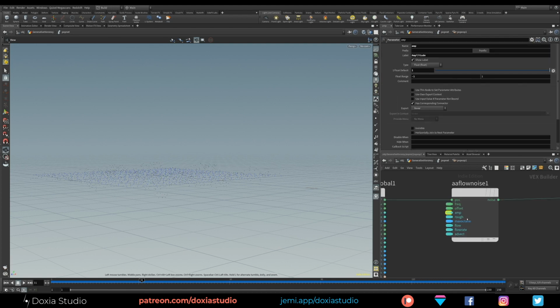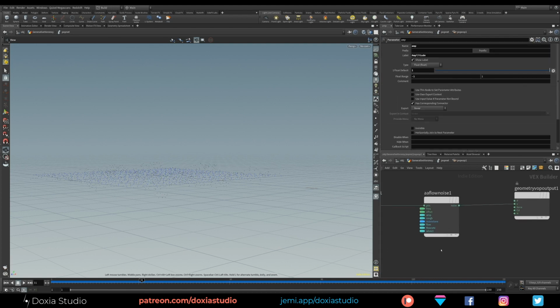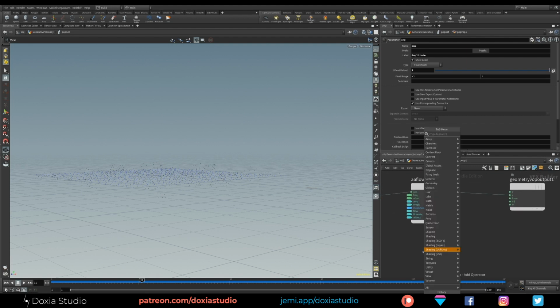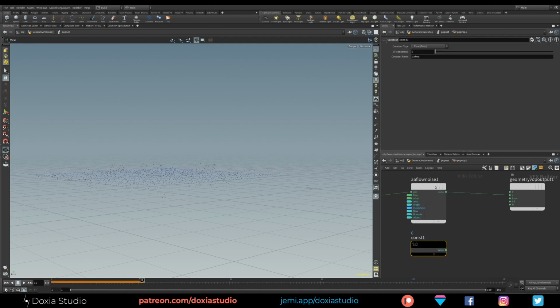So on our pop VOP, let's pick this vector and eliminate the y force. So let's use a constant. We did this in our very first PopNet tutorial, so if you want to go check that.